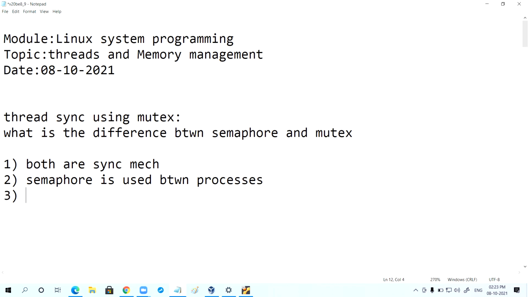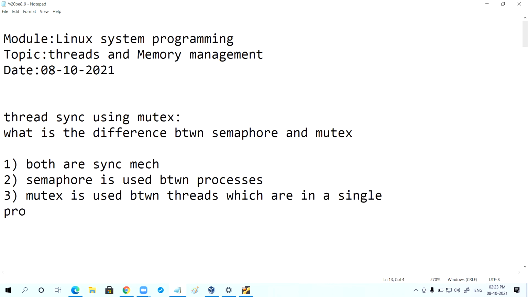Mutex is used between threads, again between threads which are in a single process. Both are synchronization techniques. Semaphores are used between processes, and mutex is used between threads.